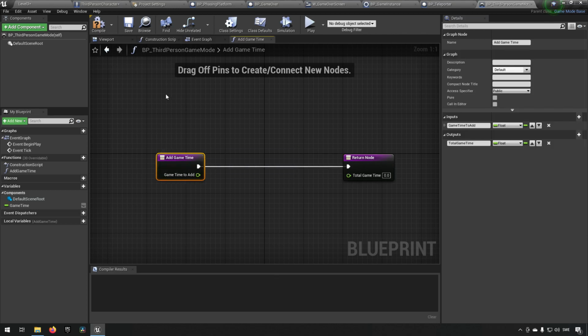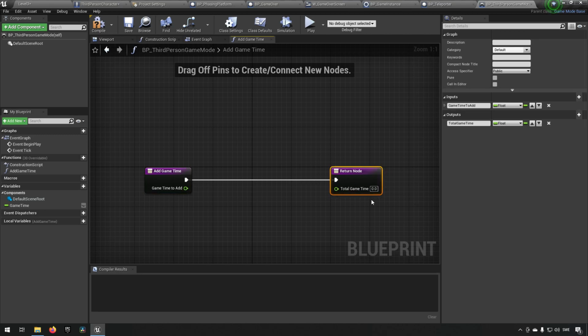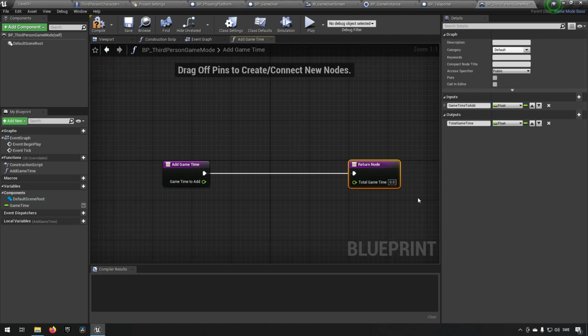This is simply so that we can call this instead when we want to teleport, for example. We'll just say to the game mode, this is the time I want to add, and the game mode itself handles everything. And in the case where we have the game over screen, we want to know what the total is, so that's why we're adding this to the return node,